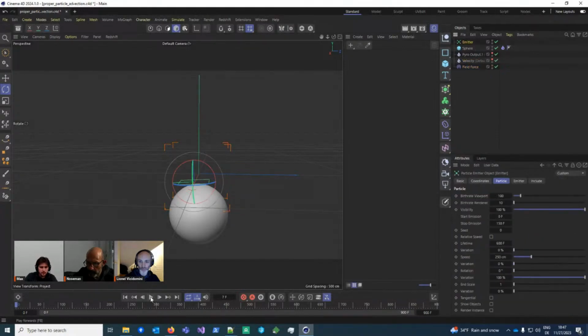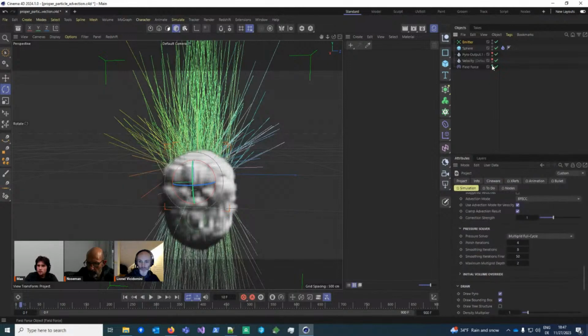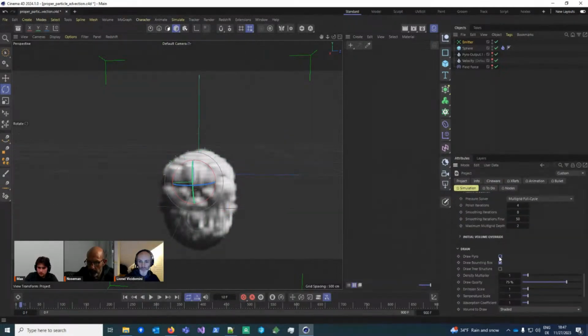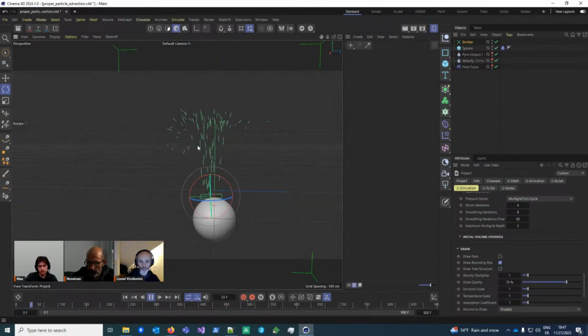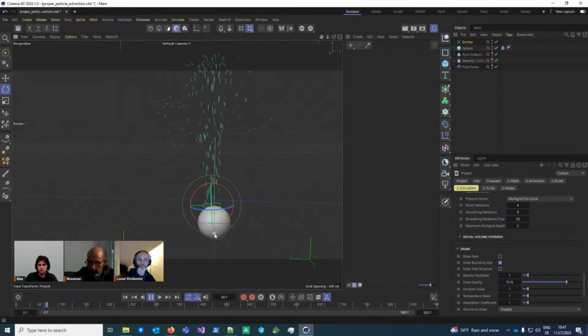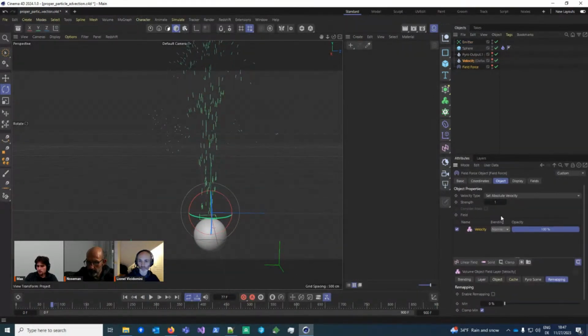And now if I just keep it in here, wait, let me just turn off all this cluttering effects. You see that the particles that are spawned are actually moving with the cloud. You see this nice rotation here of this vortex, and it works one-to-one with it. This is the advantage of set absolute velocity with a strength of 1.